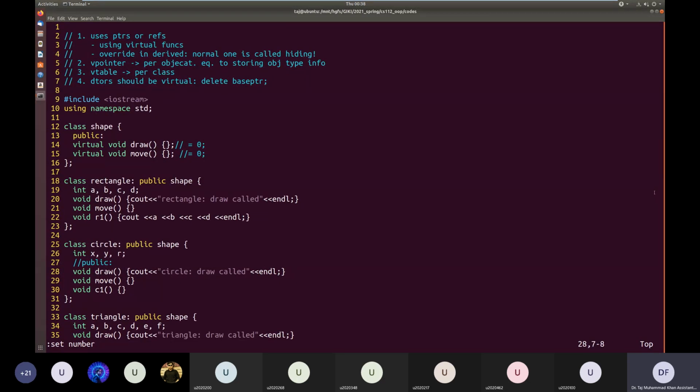So that's why we are able to call this function using the base class pointer, because in the base class, this function is public. But if we use the derived class object where this function is private, then we cannot access this function using the derived class object.